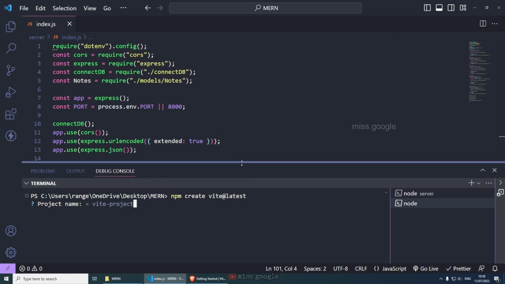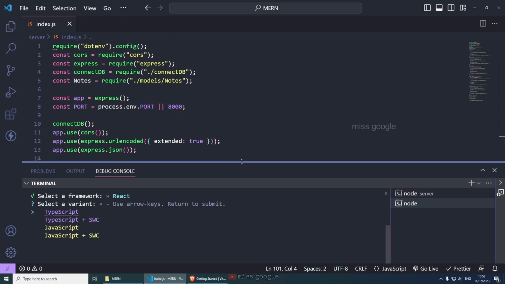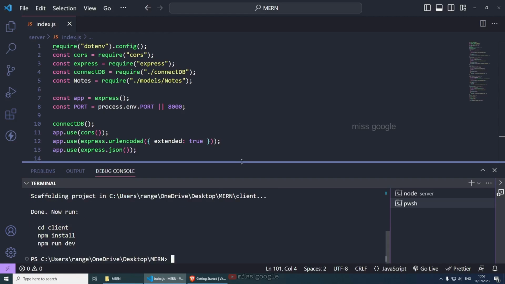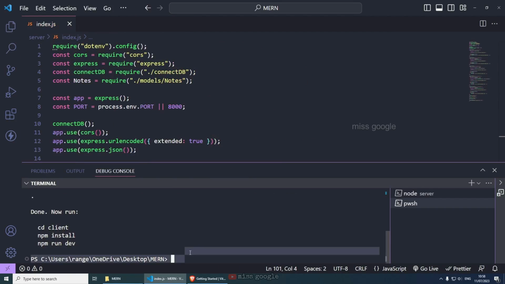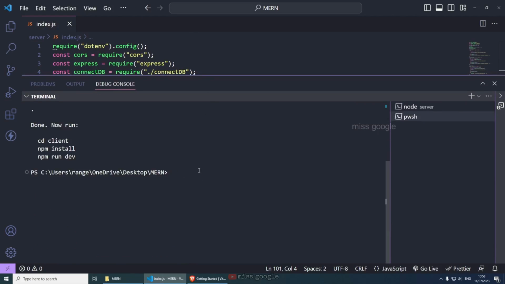Press enter. And this is going to ask us for our project name. I'm just going to call it client and press enter. From here, I'm going to choose React and then JavaScript. And as you can see, this gives us the instructions that we need to cd to our newly created client folder here. So cd client, install the dependencies and then run it. So let's do that. Let's cd. I hope that you can see like this. Okay, cd client,